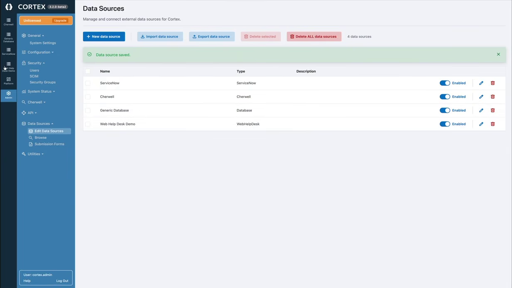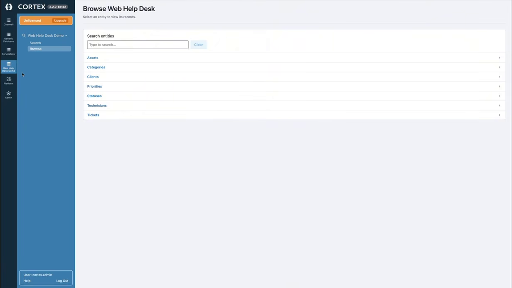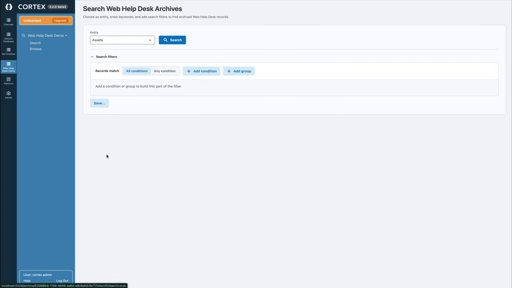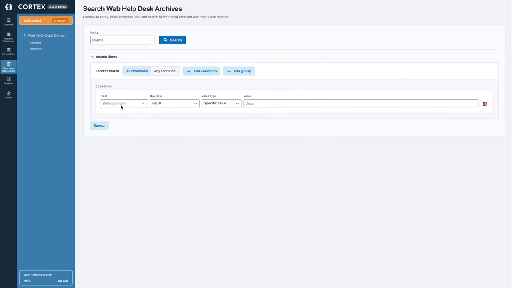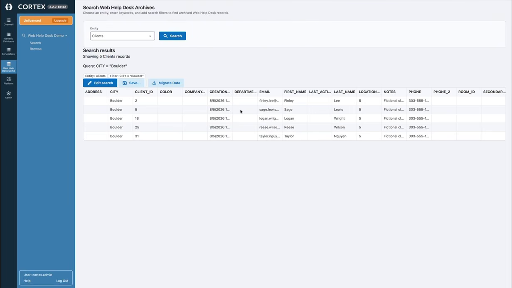Now it'll have populated over in the sidebar here, so I'm going to click over here. And I can see my main two pages, search and browse. So I'm going to start in search, and I'm going to just do clients and add condition and city equals Boulder. And then I hit search, and now I see all of my records where the city is Boulder,